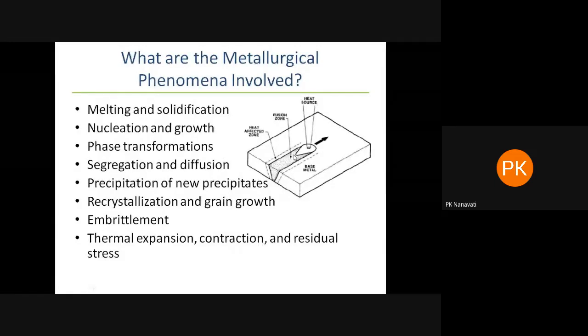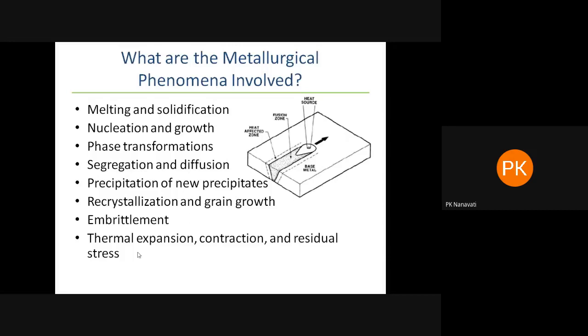Then there will be some segregation and diffusion, because if you are welding austenitic, ferritic, duplex, martensitic steels, right? The different alloying elements move here and there. They diffuse into either the ferrite or austenite phase, and there will be some segregation as well. Then there may be precipitation of new phases or some intermetallic compounds, and there will be recrystallization and grain